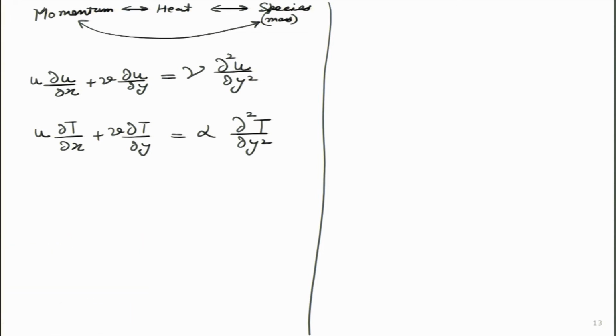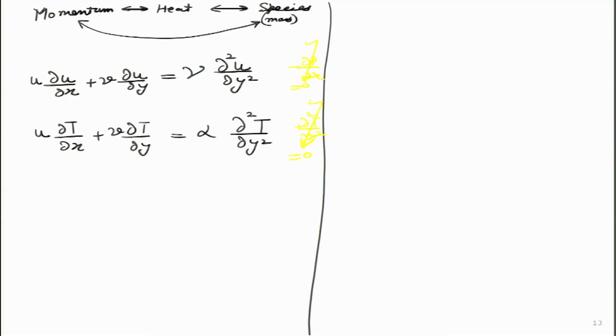Now, some student may ask why I have not written some terms over here. There was one term, del p by del x, and another term, del square T by del x square. These two we can assume are negligible under which conditions? If the flow is taking place where there is no pressure driven flow, then we can say del p by del x is zero, the pressure does not change along the x direction. We can say this if one plate is moving over the other plate, that is one good case. Then del square T by del x square we can neglect in comparison with del square T by del y square.